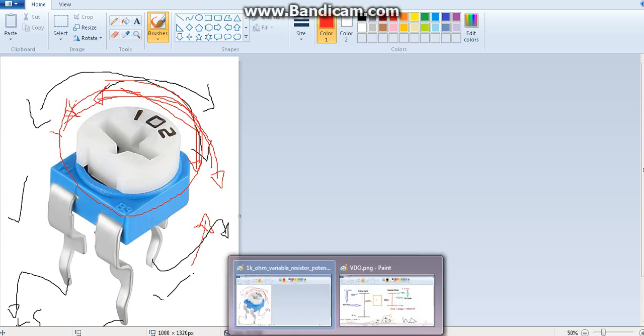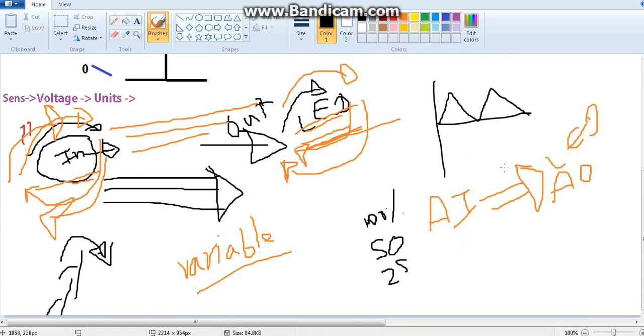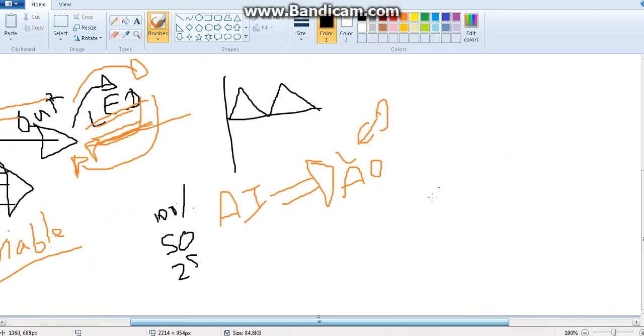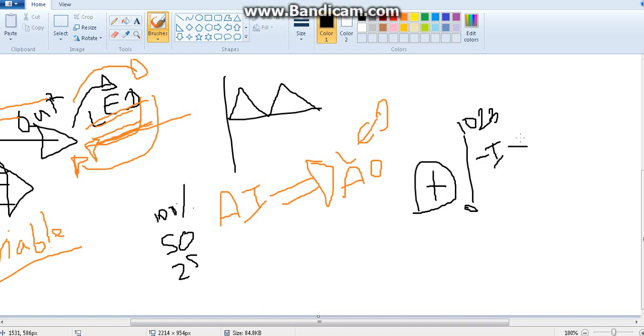So how is this going to work? Let's say this is the variable resistor, with a cross. It will give a value from 0 to 1023, because this is an analog input and we know the range. But the problem is, if I take the input and directly write the read value to the analog output, there will be a problem. What is the problem? In the analog output we cannot have 0 to 1023.